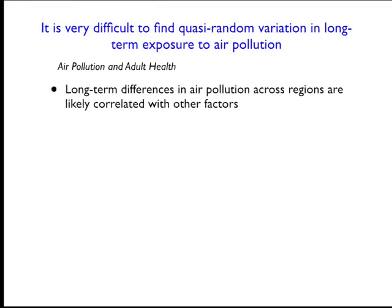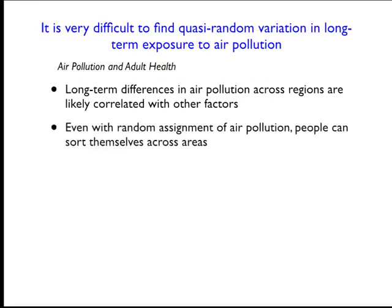So certainly there are higher pollution areas and lower pollution areas, and there are long-term differences in exposure to air pollution depending on whether you live in a region that has high pollution or low pollution. But people sort across regions. So certainly if you were to compare air pollution levels in China over the last 15 years to air pollution levels in California over the last 15 years, in the Chinese cities air pollution levels are way higher. You might think the mortality would be way higher, and in fact, I'm sure the mortality rate is higher,